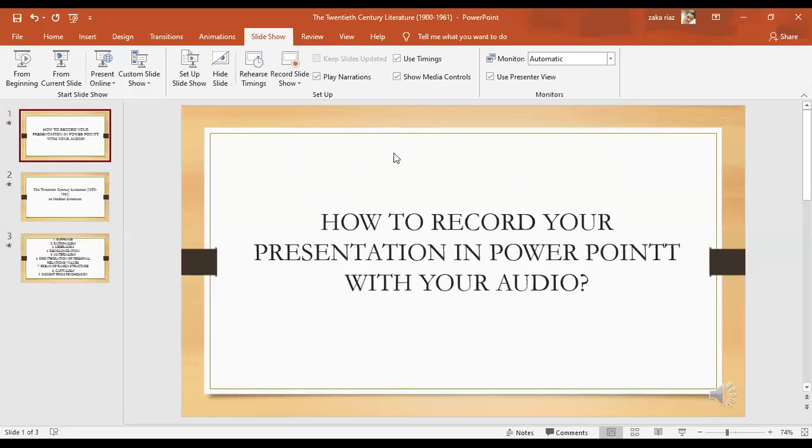Now if you want to check it, just go here on the right side. Here you can find the sound option, or the audio option. If you click on this one, play, your audio will automatically play.